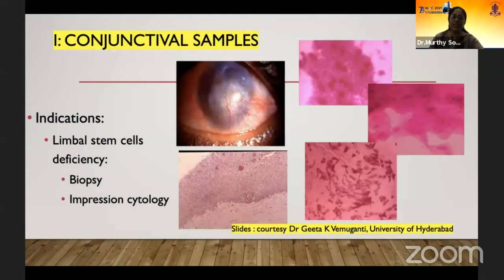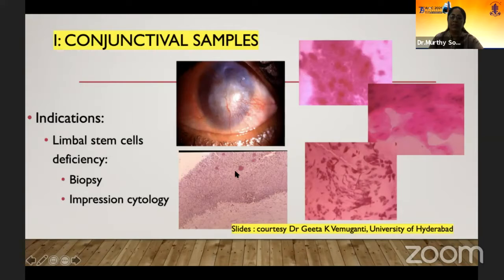So what are the indications for conjunctival samples? Very often we come across conjunctival lesions, but the indications would also include that it used to be one of the ways to diagnose a case of limbal stem cell deficiency, when we take a biopsy. For example, this clinical picture shows a large area of conjunctival overgrowth or pannus. And when you excise this, you see that on the cornea there is a huge conjunctival overgrowth, which is hypertrophic, with a few goblet cells at the base. And this is what you get in the biopsy.